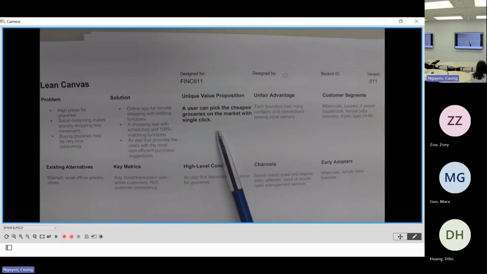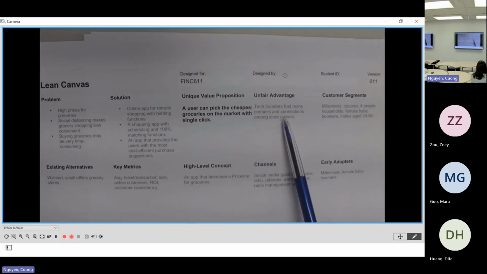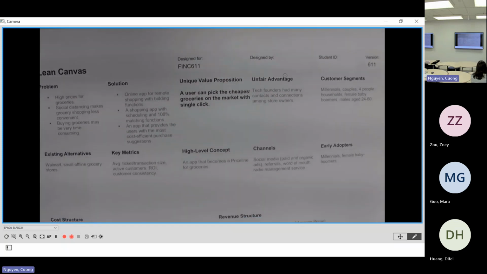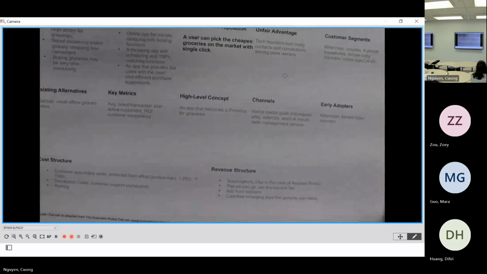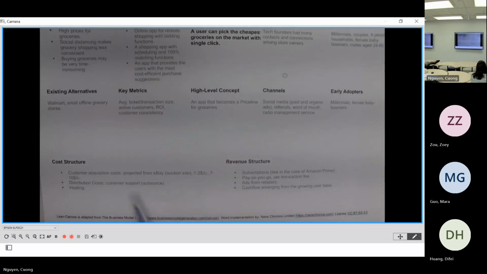They have a unique value proposition. They also have an unfair advantage, and this one is the expectation for their product. Now, under cost and revenue, they will have customer acquisition cost, and so on. Here, distribution cost, hosting, the software maintenance, everything. We can just list it here. And for the revenue structure,